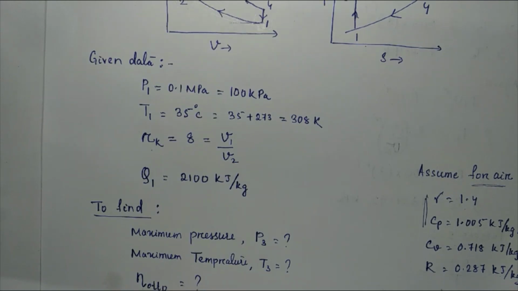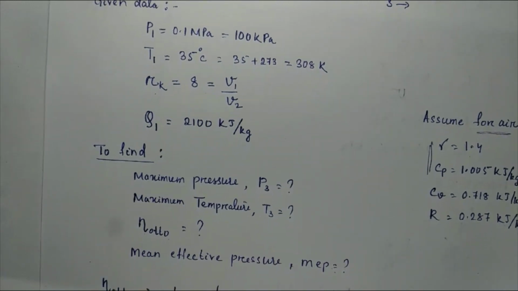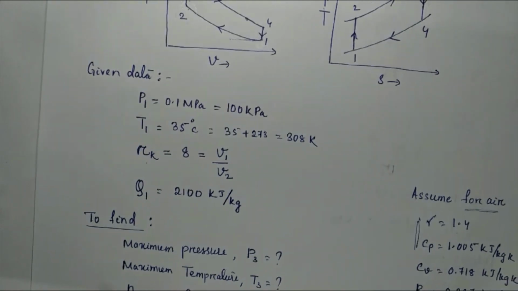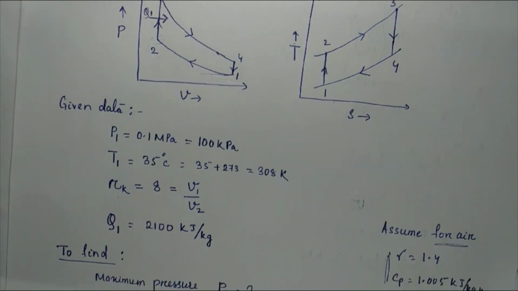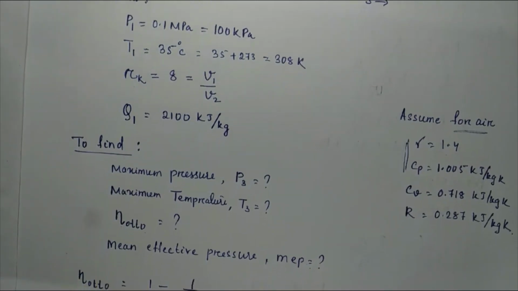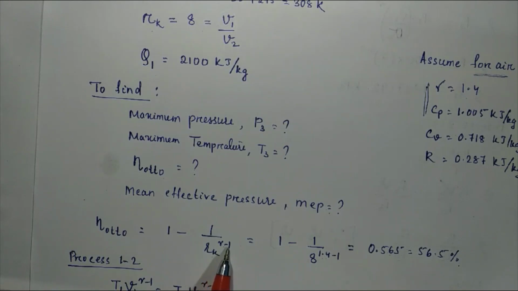Next, we have to find out the cycle efficiency, and lastly the mean effective pressure, that is MEP. As in this question, the value of rk is directly given, that is rk equal to 8, and we already know the expression of efficiency for the case of Otto cycle, that is 1 minus 1 by rk to the power gamma minus 1. So the value of rk is given as 8, and for the value of gamma, there are some standard values for air,